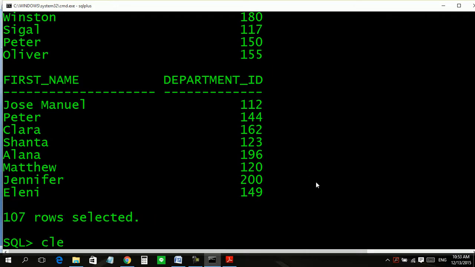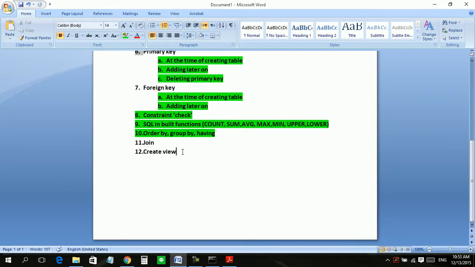This is creating a view. Now we come to our special and last topic of joins. We basically have three types of join: inner join, outer join, and equijoin. For the sake of simplicity and to keep this session brief, I am just taking equijoin.